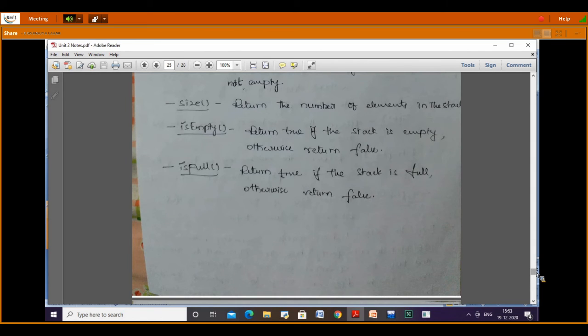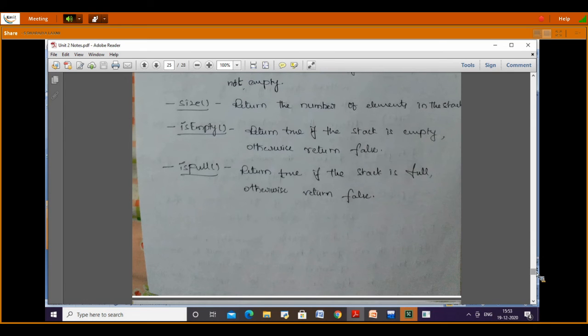Used in function calls, history of web pages, memory management. Okay, expression conversions.